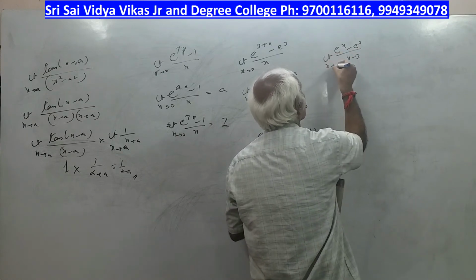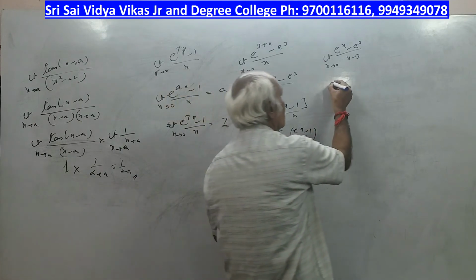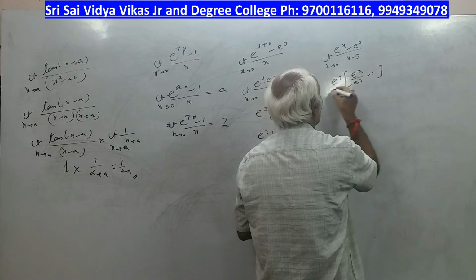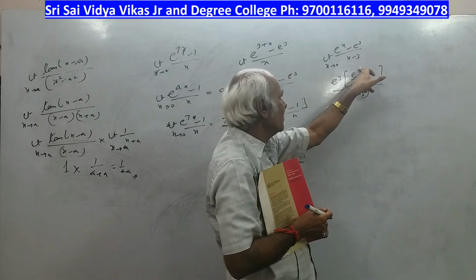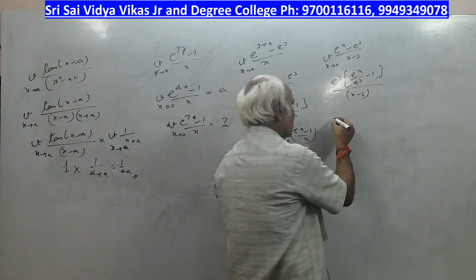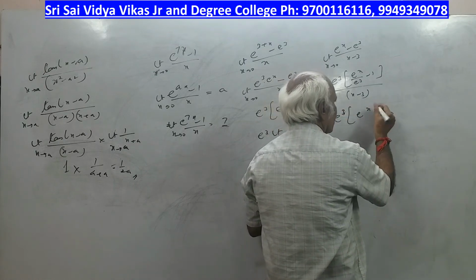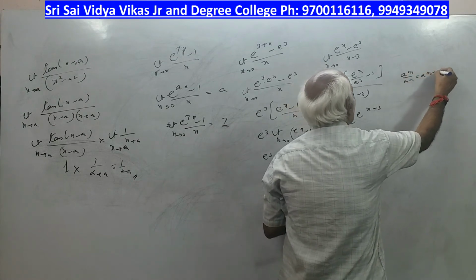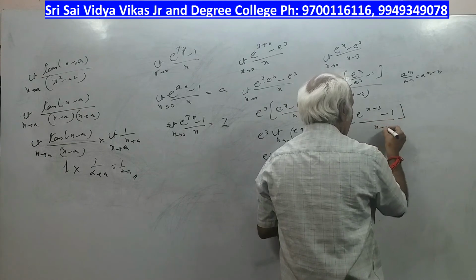Observe here. Correct. Pretty problem. Every problem is an important problem. Now I will take out e power 3 common, by x minus 3. So I have taken e power 3 common, so e power x by e cube will come, because there is no e power 3, it will come in the denominator. So e cube into e power x minus 3, because a power m by a power n is a power m minus n. So e power x minus 3 minus 1 by x minus 3.